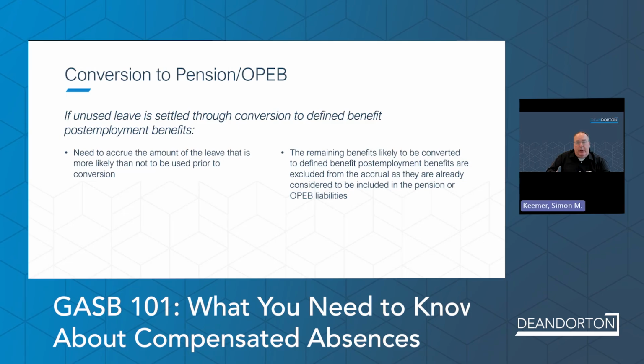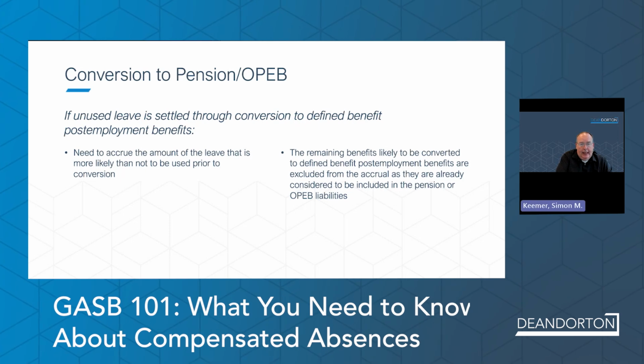What you have to do is say, well, of this sick leave, how much of it is going to be used by the employees prior to them terminating employment. And that sick leave that's going to be used prior to termination is paid to the employee and does require